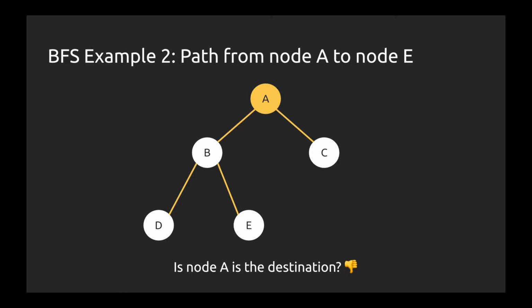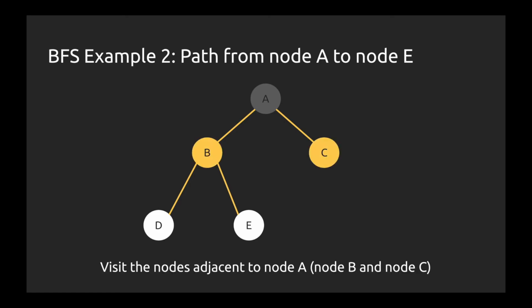We ask ourselves if it's the destination. No, it's not. Then we go ahead and mark it as visited. Then we visit nodes adjacent to node A, which are of distance 1 away from node A. These are nodes B and C. We again ask ourselves, are either of those a destination? No, they're not. And then we mark them as visited, and then visit the nodes adjacent to both of those,